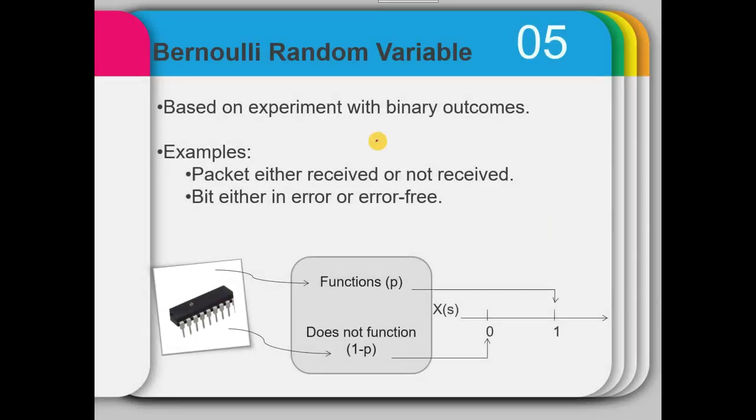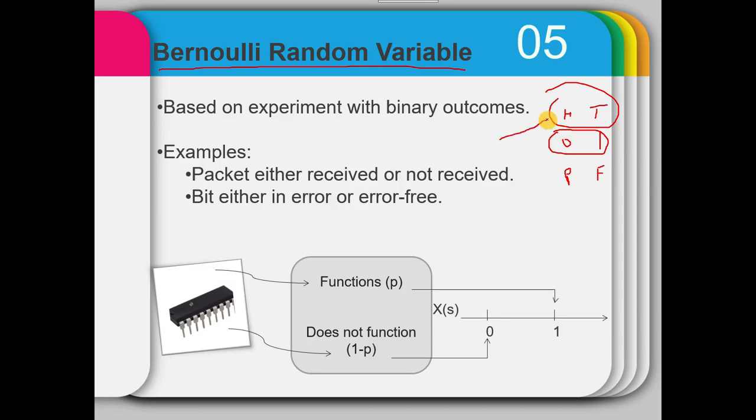How do we define a certain kind of random variable? The first random variable that we will discuss is a Bernoulli random variable. You can say it is probably the simplest discrete random variable. It is based on an experiment with only binary outcomes. Like we discussed in the previous experiment, we either have a head or a tail, we either have a bit 0 or 1, we pass or fail. If this is the scenario, then this one experiment can be represented by a Bernoulli random variable.